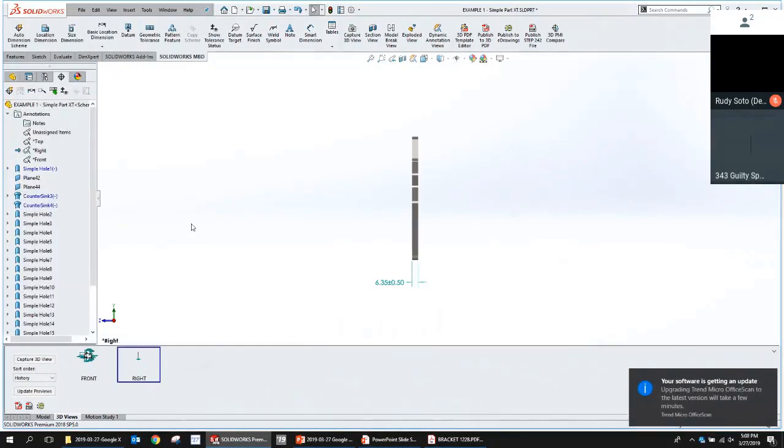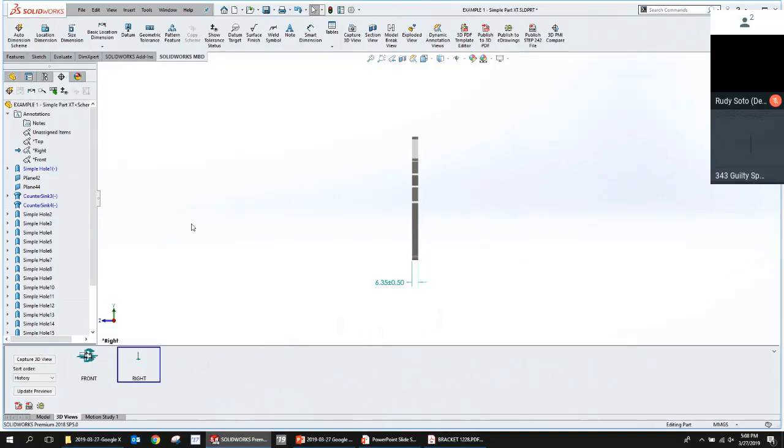So, Toby, forgive me, I'd like to understand what's available with and without MBD. It seems that with these annotation views, the DimExpert is always built into SolidWorks. Correct. You can always put the dimensions and annotations on your model and associate them with these 2D views, and pull them into drawings automatically. Very cool. This 3D views tab at the bottom, the MBD tab at the top, that's something you only get when you get the add-in? Correct. Yep, great question. That's correct.